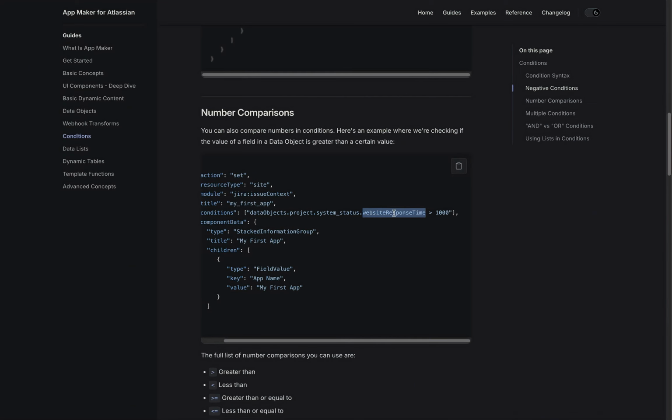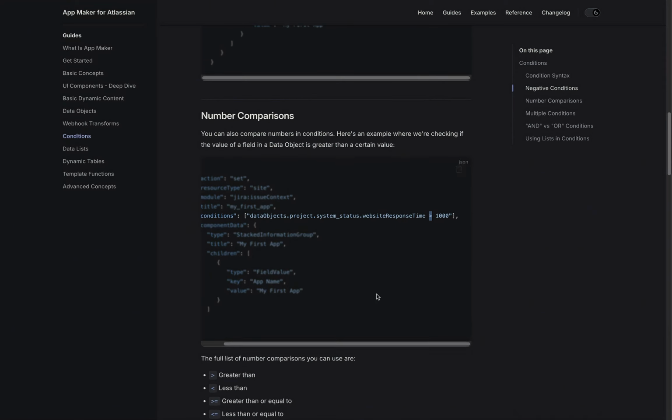Let's say this is a website response time. The right pointy bracket is more, the left pointy bracket is less. So what we're saying here is, if this value, data objects.project.systemstatus.website response time, is over 1000 milliseconds, show the UI